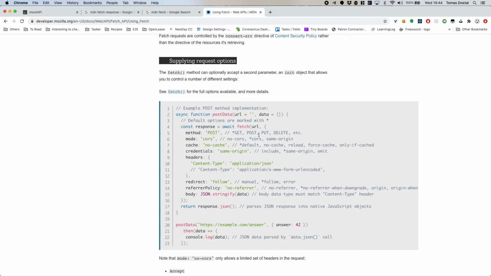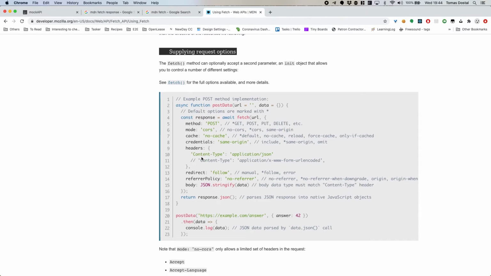There are rules about redirections, there are rules about caching, there are rules about the body of the request, and so on and so on. So each of those will have some kind of set of rules. These rules will differ from project to project, from server to server, because they are very much up to developers what they want to implement.